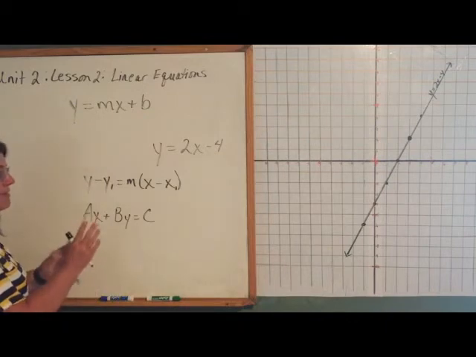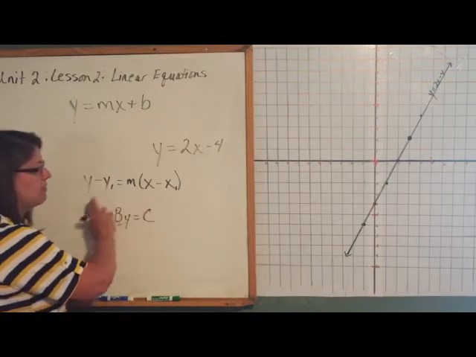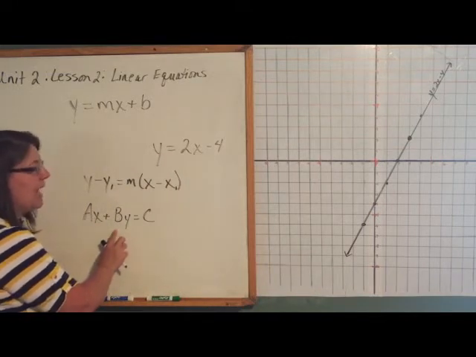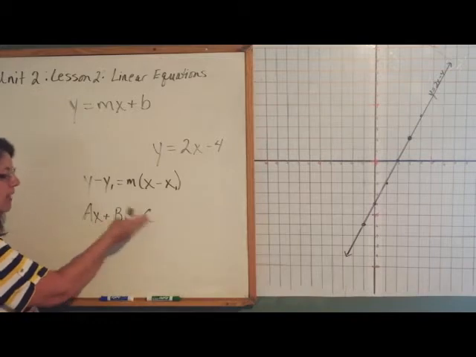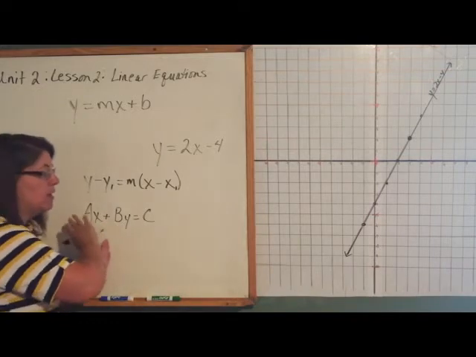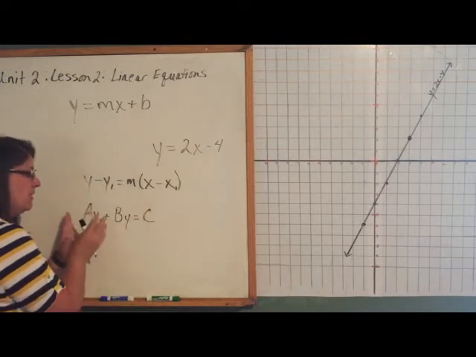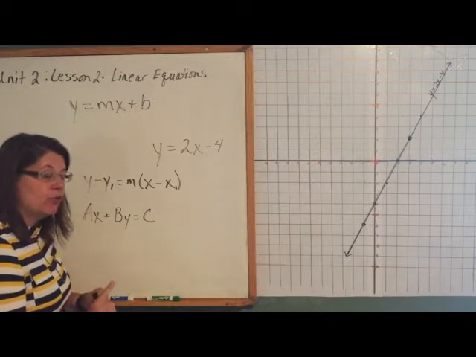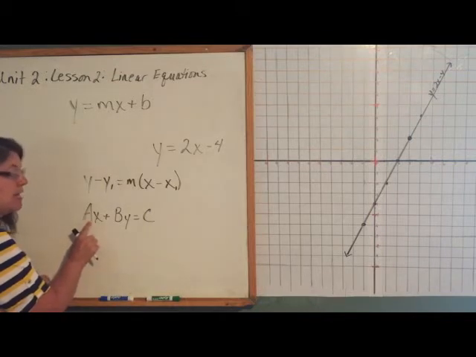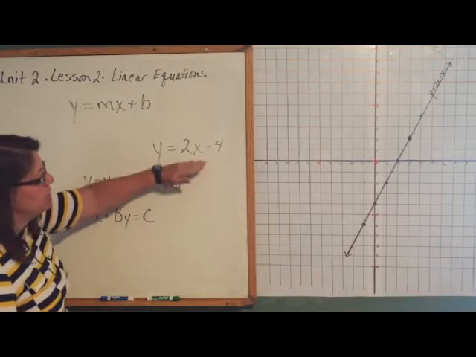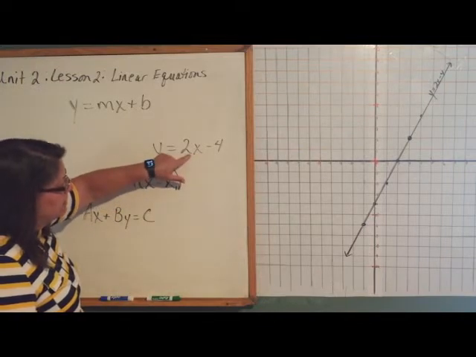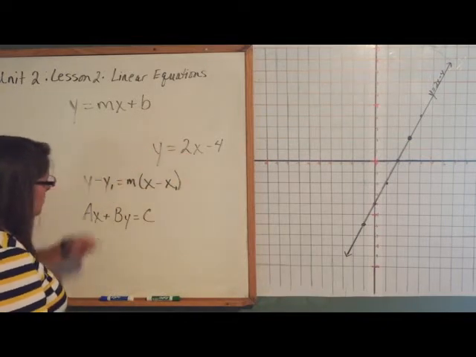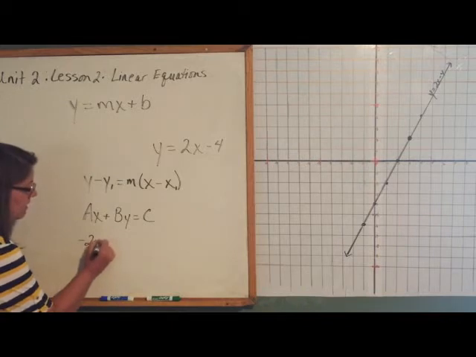But you still need to understand the relationship between the two as we go further with our knowledge of linear functions. So basically what we're going to do here is to get this into standard form, we have to get the x's and y's on the left and then a number on the right. So all the variables have to be on the left, and you're left with a number on the right side. And in order for it to be in standard form, your x has to be in front. Okay, so if I'm going to do that with this, to get this x in front of the y, wouldn't I subtract 2x? So if I subtract the 2x to the other side, I would end up with -2x plus